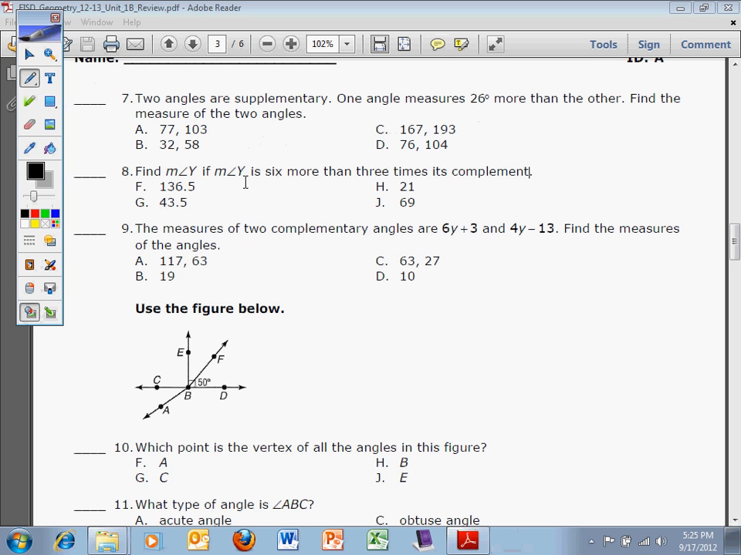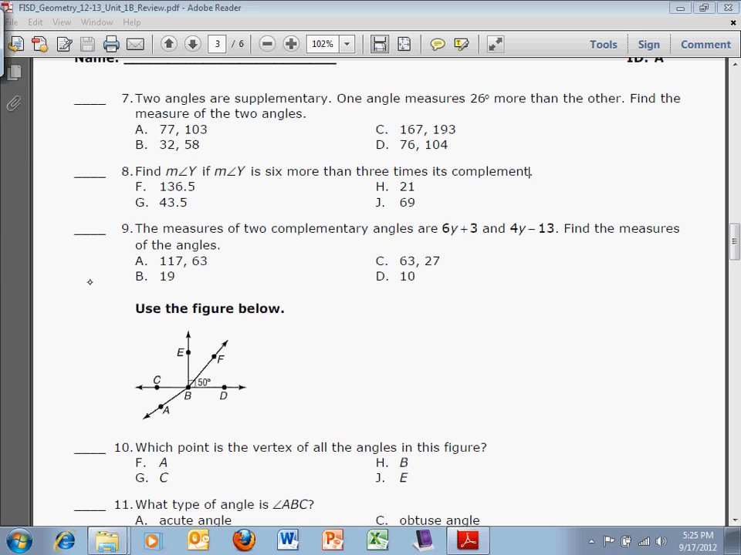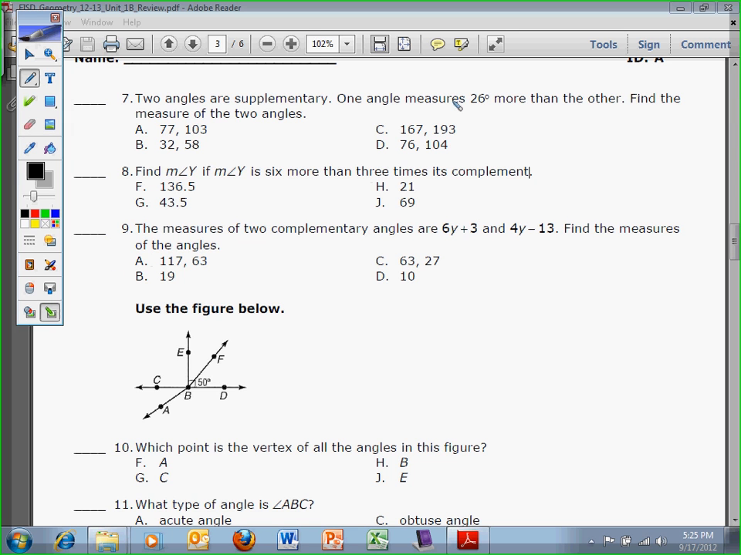Alright, number 8. We are going to skip over this one at this point. It will not be on the test. We will eventually get to talking about complements, but we have not talked about complements this week, so we're going to skip 8. Number 9, the measure of